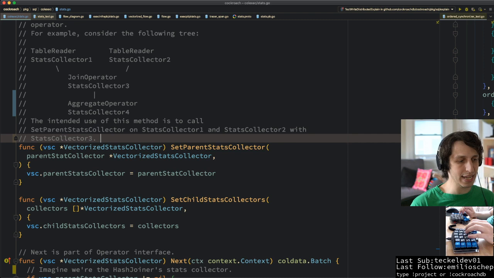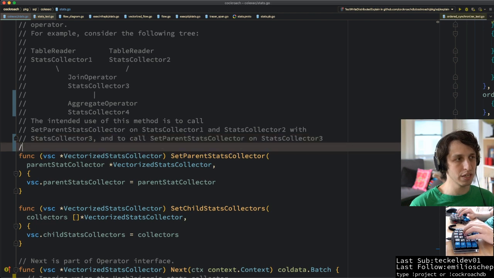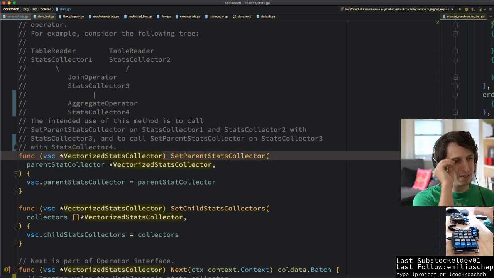And then the idea is that we would call set parent stats collector on number 1 and number 2 with number 3, and call set parent stats collector on stats collector 3 with stats collector 4. And so then